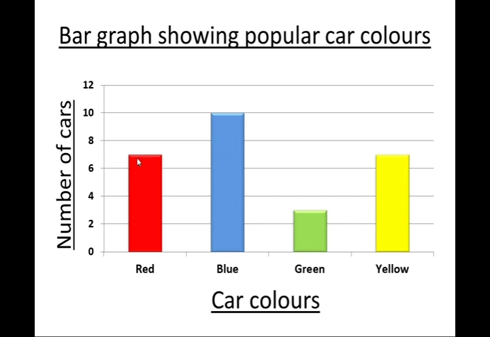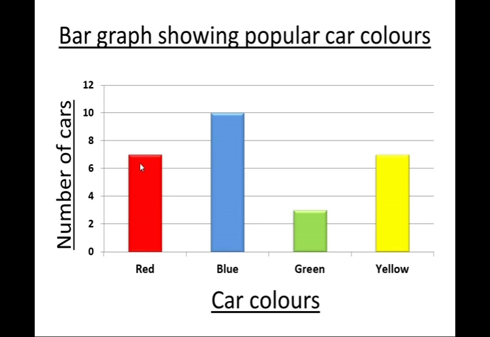But this bar is going beyond the 6. However, it does not reach the 8. So we can say, if you take your ruler and put it in line with the top of this bar, you would follow until you realize that this bar is in the middle of 6 and 8. What number is in the middle of 6 and 8? The number 7. So we can clearly say that this red bar represents 7 red cars that were counted during